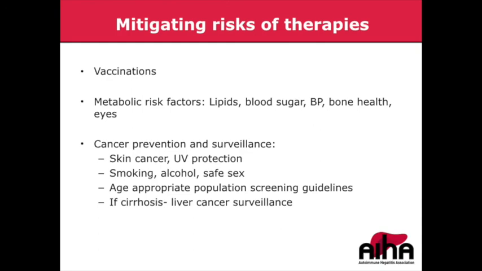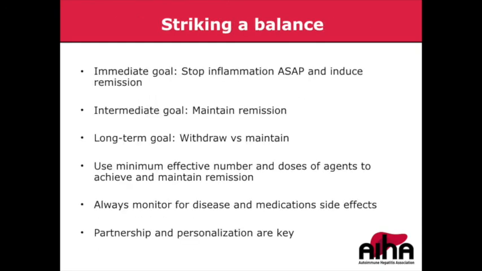And so what we do is really just age-appropriate population screening guidelines. We don't do anything above and beyond what the average person does, with the exception of getting good skin sweeps on a regular basis, at least annually, if not every 6 months, if there is any hint of cancer or precancer. And then finally, if someone has cirrhosis of the liver, they're at risk for liver cancer. And so in addition to all these other surveillance strategies, we've got to image the liver intermittently for liver cancer. And so I think I went a little bit long.